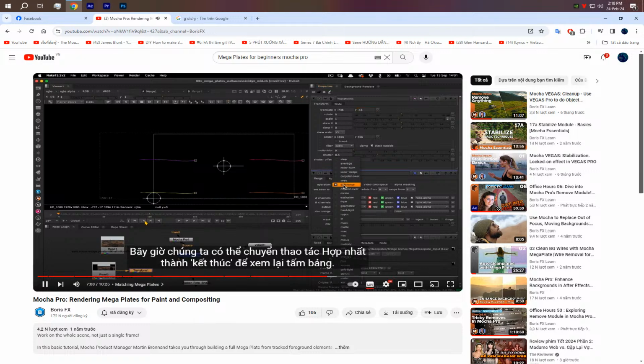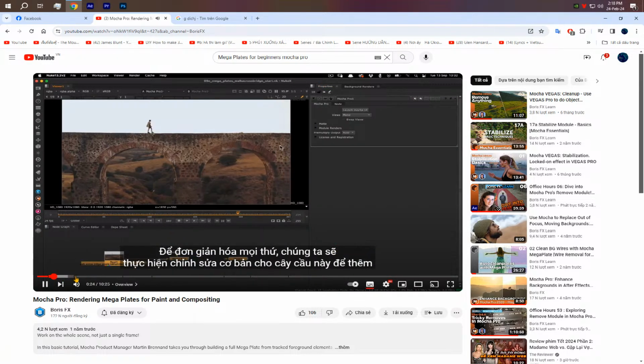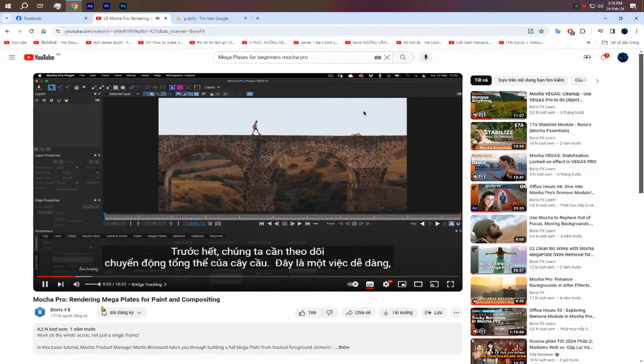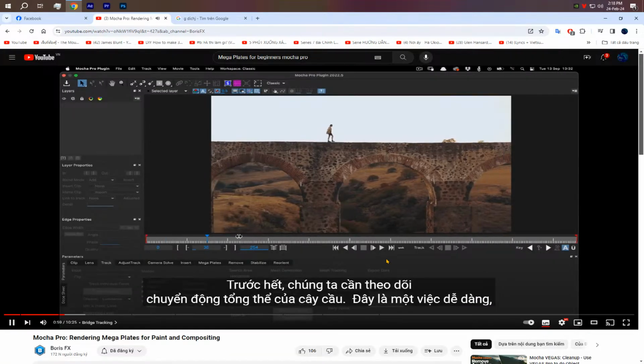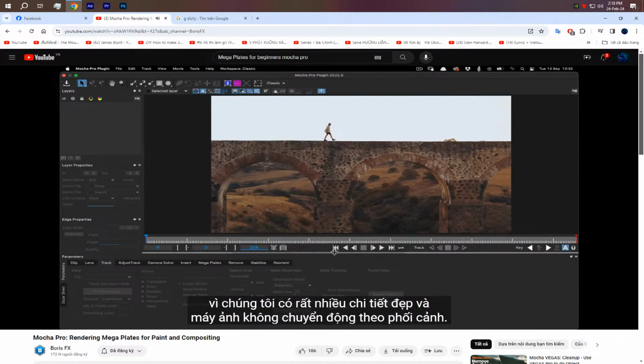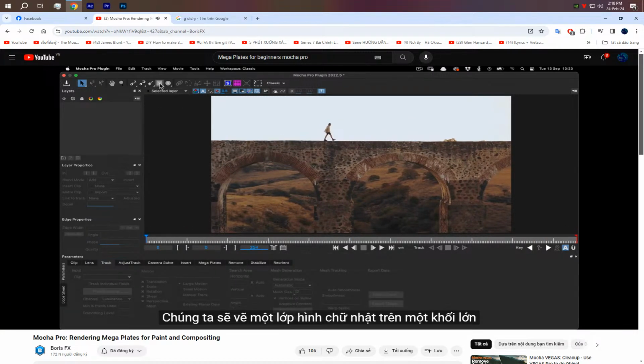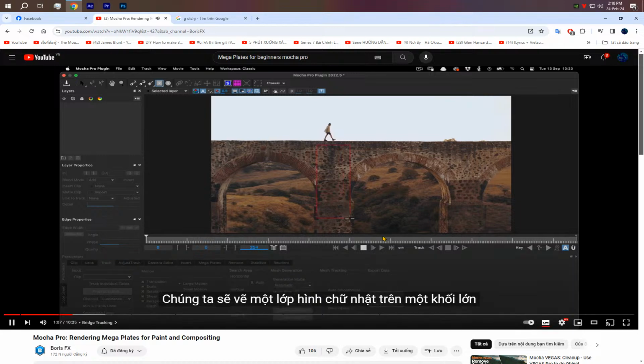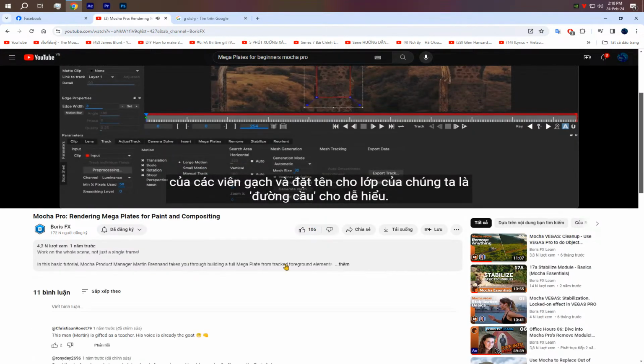Now we can return the merge operation over to see doing a basic touch. First of all, we need to track the overall movement of the bridge. This is an easy one because we've got lots of nice detail and the camera is not moving in perspective. We'll draw a rectangle shape layer on a big chunk of the bricks and name our layer bridge track to